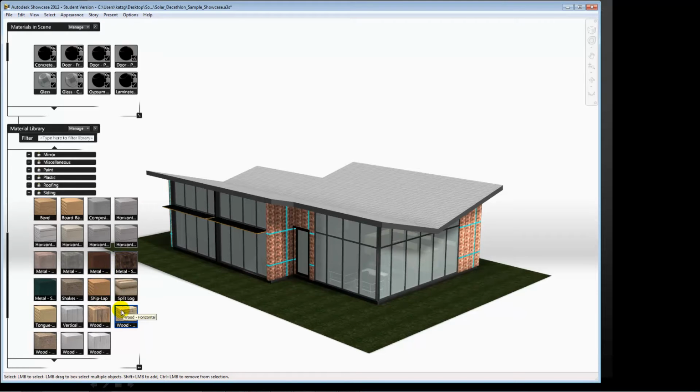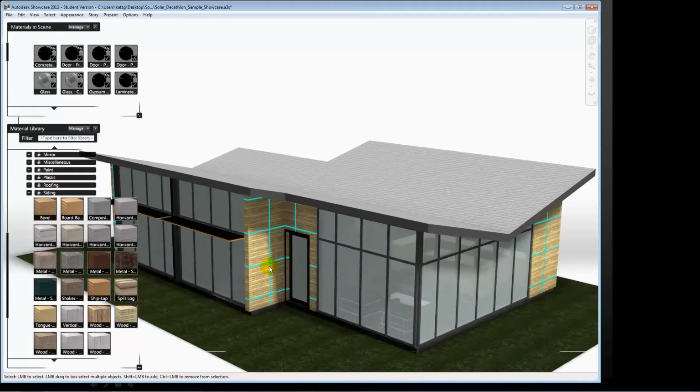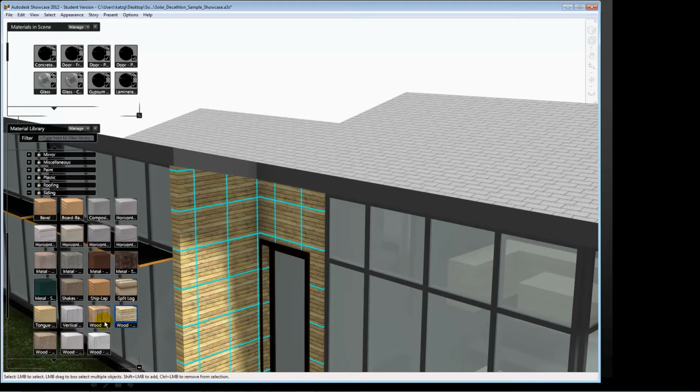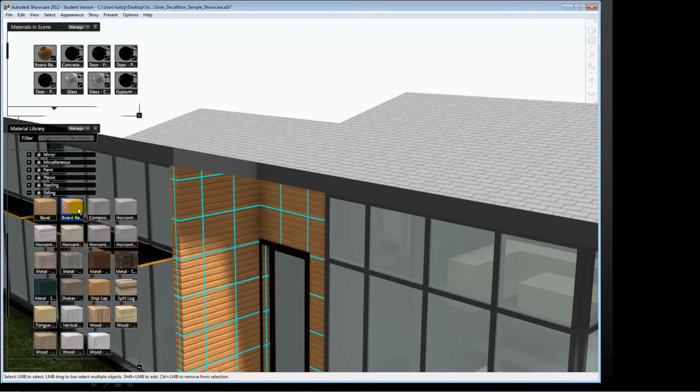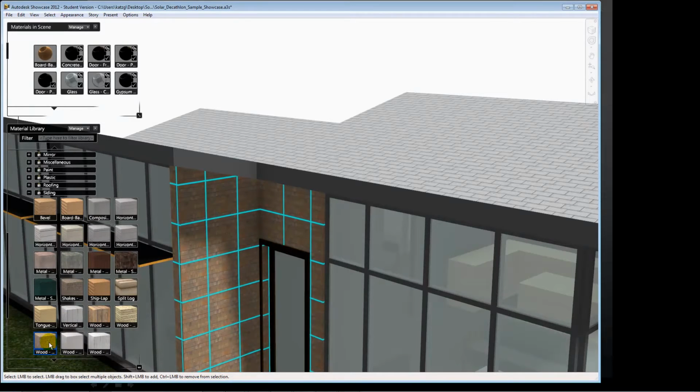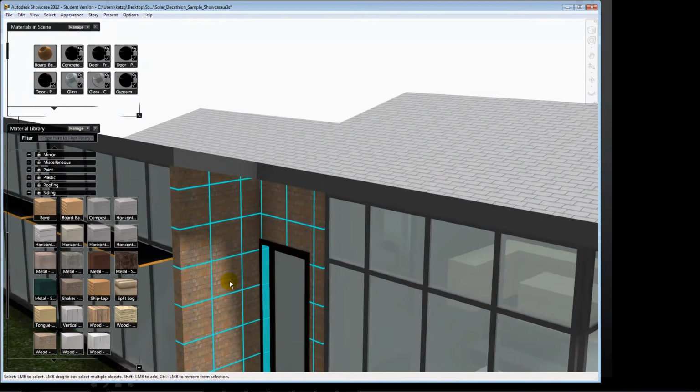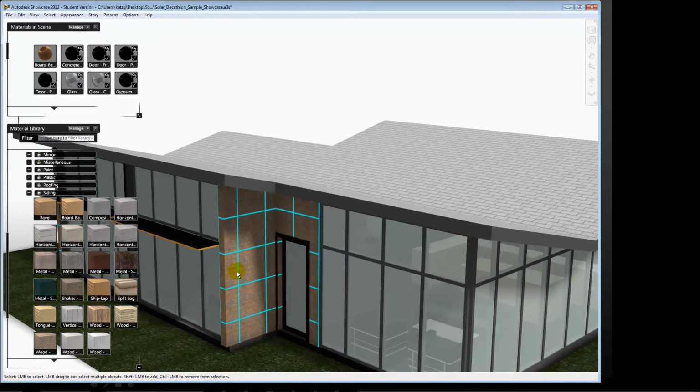That didn't look very good. How about a wood that looks something? Let's zoom in and see how that's looking. Maybe a nice vertical wood surface. Board and batten. Maybe shingles. Okay, but what I'm hoping you're getting at as I'm playing around with the model here